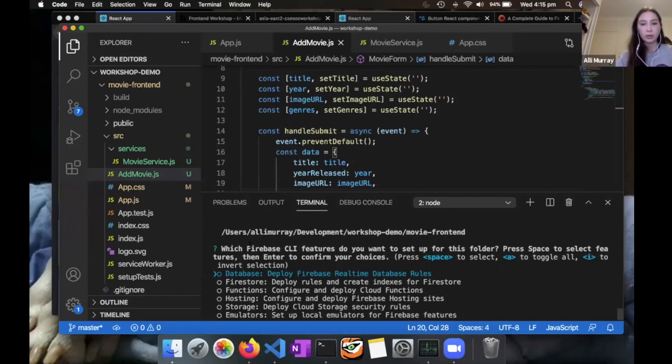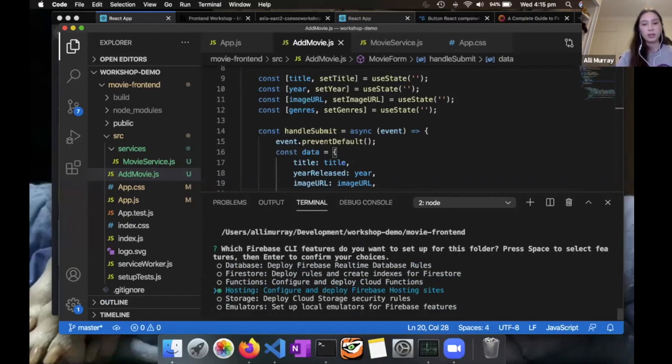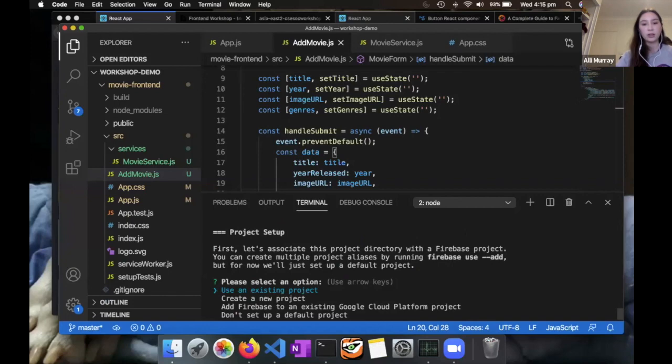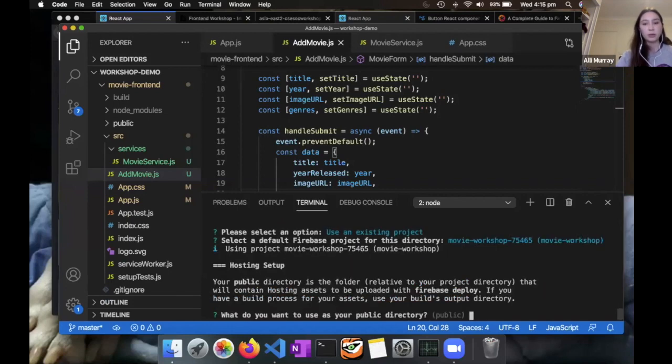And because I want to host my site, I'm going to use the arrow keys to go down to hosting, press space to select it, and then enter to continue. I'm going to use an existing project because I've already created mine. I have a few here from other projects that I've done, but I'm going to select my movie workshop. And then,